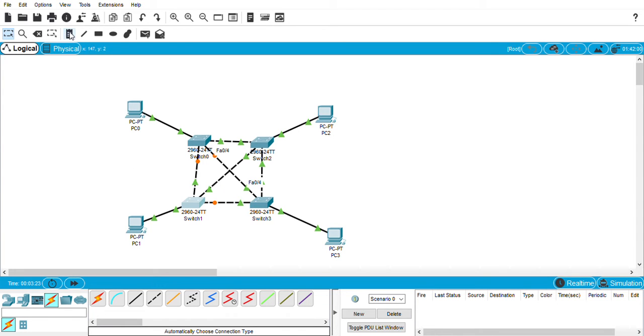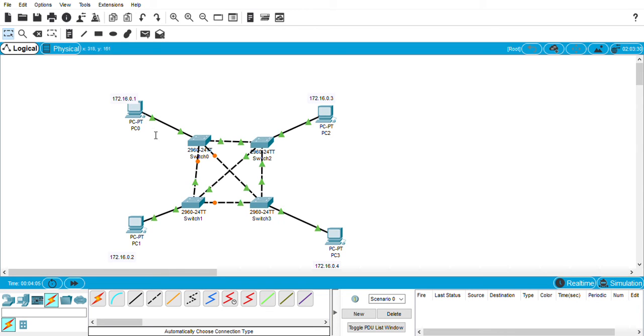We will set up IP addresses and label them, for example 172.16.0.1, 0.2, 0.3, and 0.4. When you click this place note symbol, you can place whatever you want as a label.